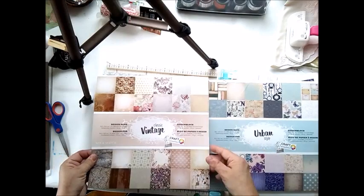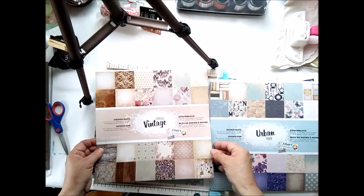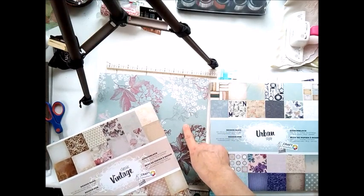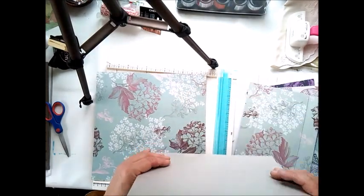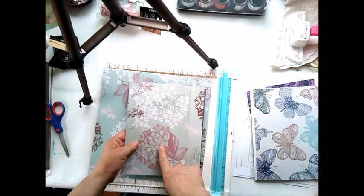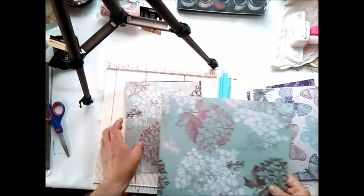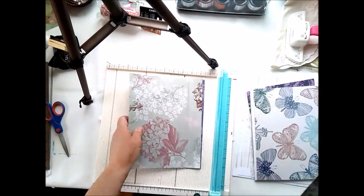And also I got this from my mom. This one is the classic vintage, also from Craft Sensations. I'm using this for the inside, and I also have one left, and that is what I'm debating about. I did use this for the inside, and I could use this for the binding, but I don't know if I will then have enough. So I will make that